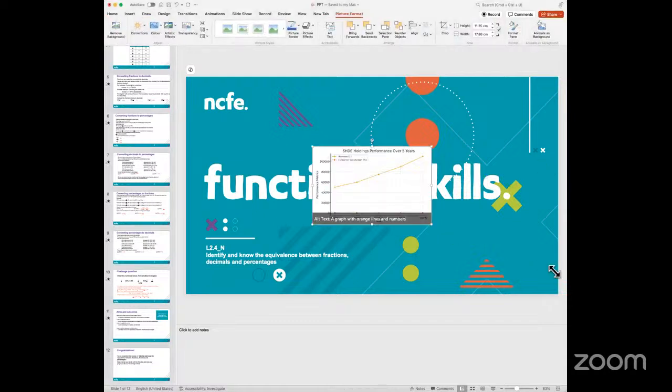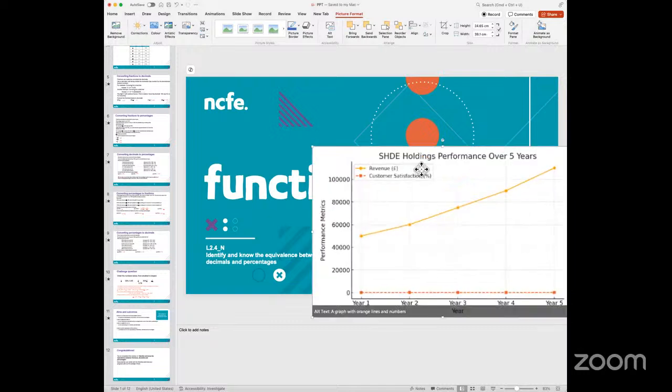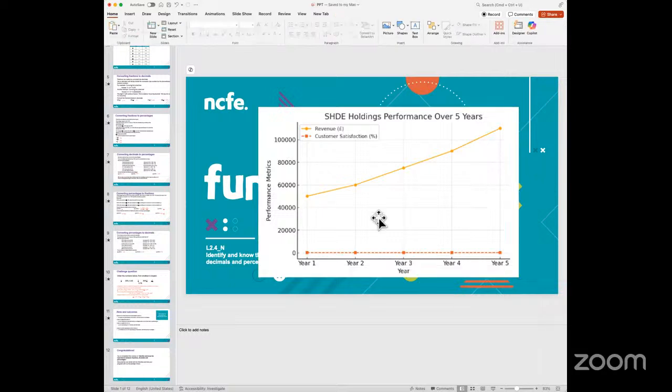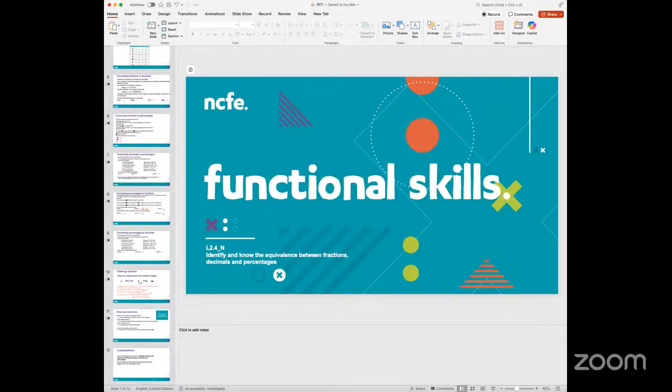So if I look at this particular graph, and I make this slightly bigger just to give you a perspective. Now, if I want to compare the performance of this company over 5 years, I can talk about it in percentages, saying that there's growth happening, 40 to 60,000. That means it's almost doubling the growth, 20 to 40, 40 to 60. So it's 50% growth between year 2 and year 3. As you can see, it has gone up to 70,000. So you would talk about this in terms of highlighting growth or decline for a company or a product or a service, and that could also be done in the case of percentages.